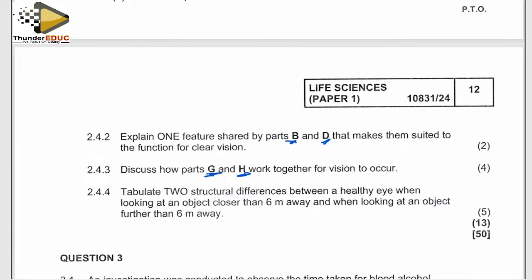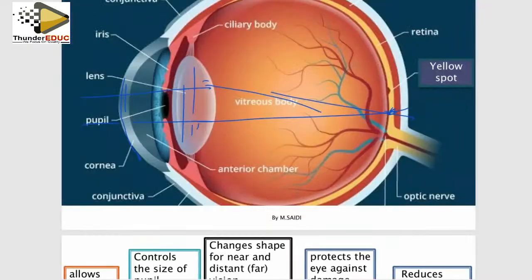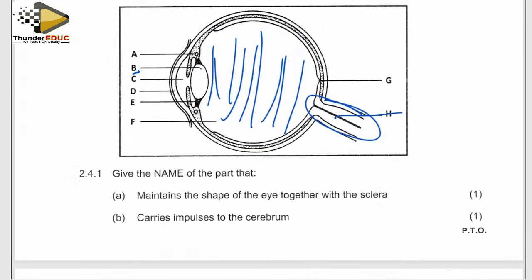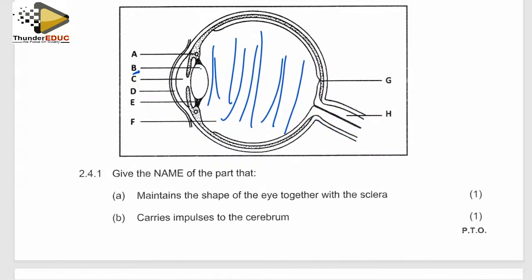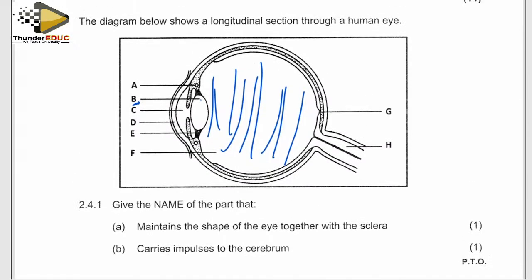Then they're saying, explain how G and H work together to bring about vision. G and H. So basically G is what you call the fovea, the yellow spot. I emphasized this. Why is the clearest image formed there? Because it contains a high concentration of rods and cones. Since the concentration is high, it is able to detect anything which falls on it. So what you're supposed to give here is